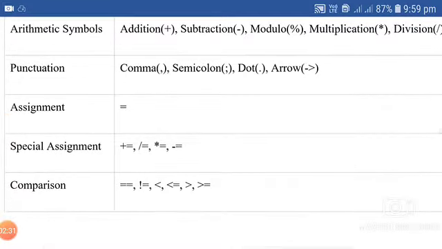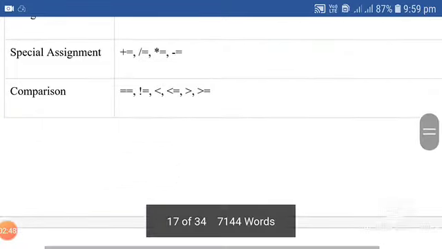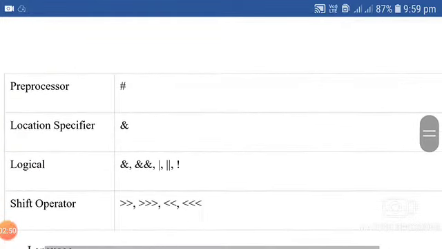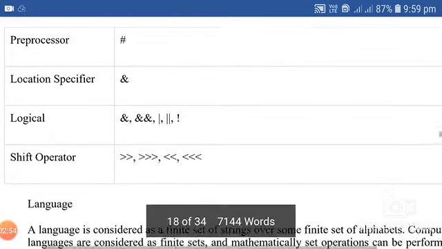Assignment: equal to, and special assignment: plus equal to, division equal to, star equal to, minus equal to. Comparison: equal to, not equal to, less than, less than or equal to, greater than, and greater than or equal to. Preprocessor: hash symbol. Location specifier: ampersand symbol.